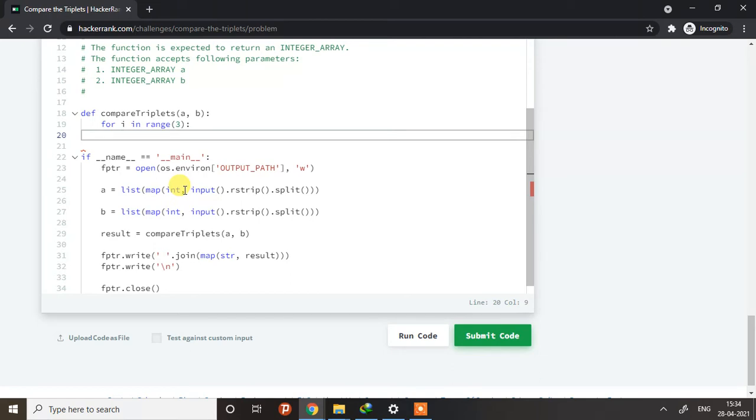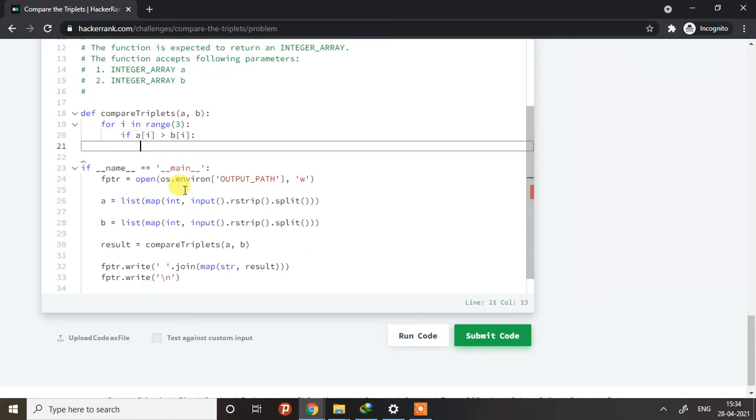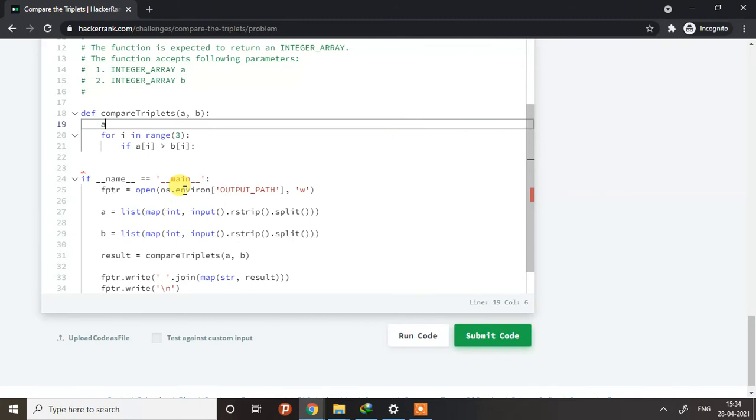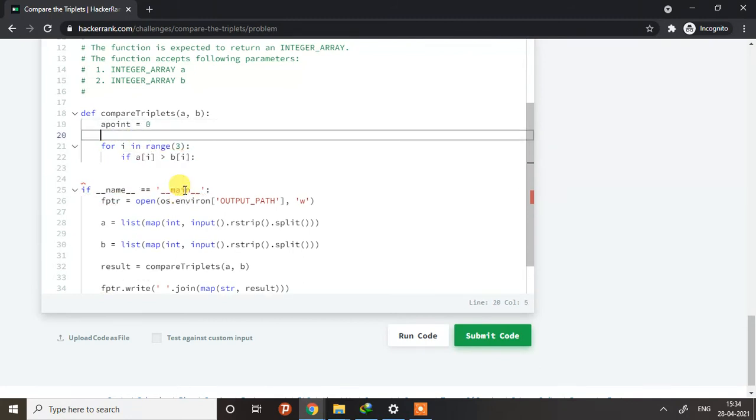Now we will write the if condition. If A of i is greater than B of i, then Alice will get a point. So let's create two variables to count the points, a_point and initialize it to 0, and then b_point as 0.